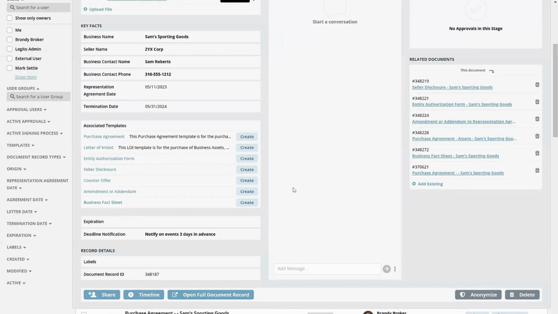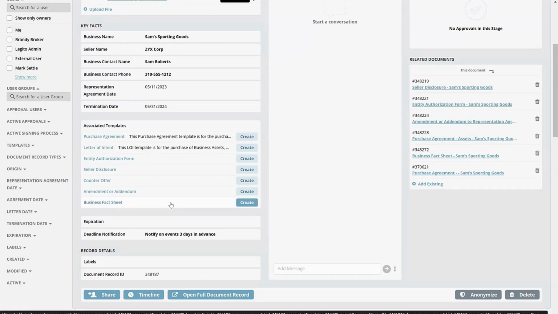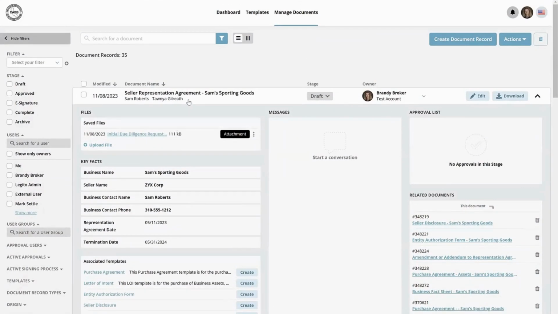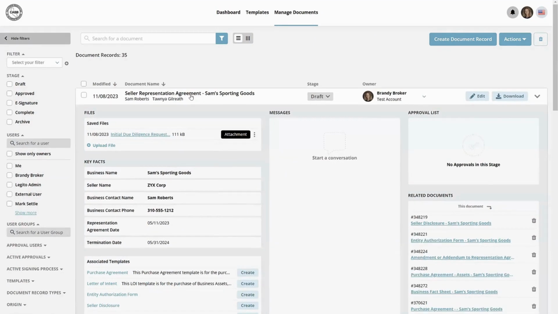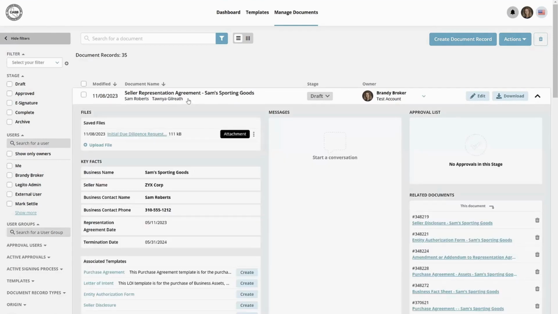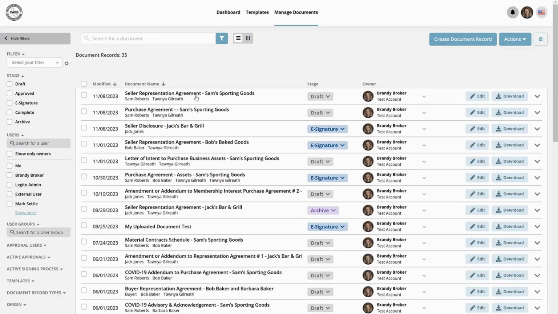Okay, you got that. So there's one there I don't see, which is agency disclosure. When you create the representation agreement, you don't see the agency disclosure agreement being created, but it is being created. And unless you hit the download button, you don't see it. So I can show you this. If you go over to draft,